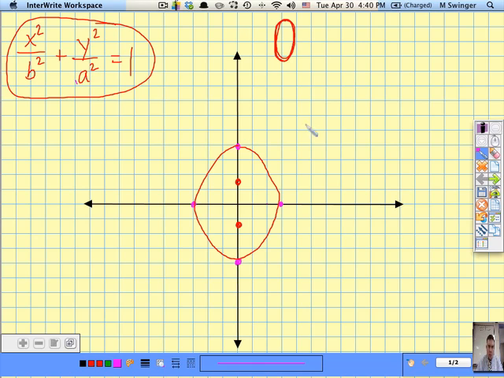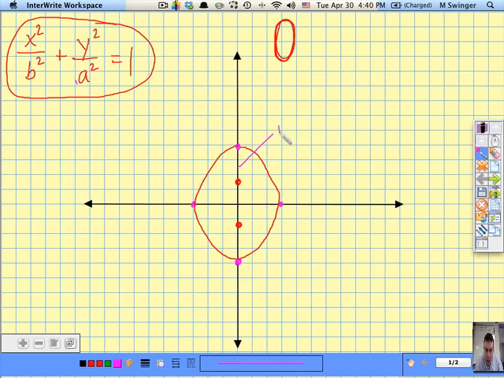Now, one other thing I forgot to tell you, so pay attention. How do you know which one's A and which one's B? Like if you looked at this, maybe you can't tell which one's the major axis and which one's the minor. The major axis is always longer. I told you that. So if the major axis is longer, which you can tell, it's a total of 8 units from here to here, and the minor axis is a total of 6 units from here to here,